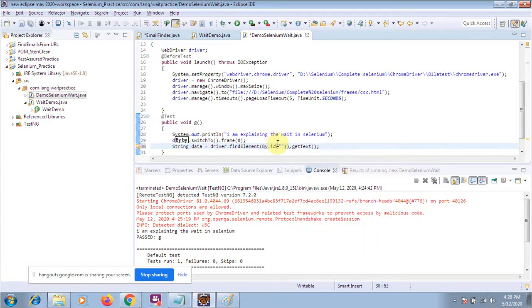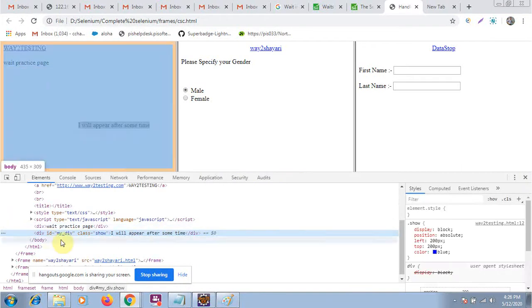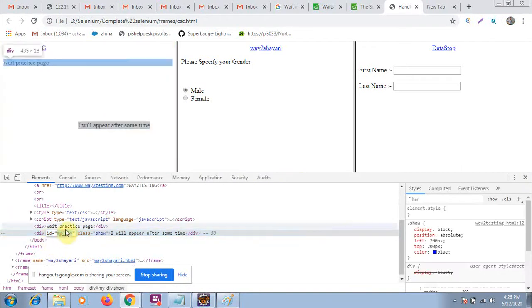I am reading the text which is invisible, and I am printing the data with System.out. Let me inspect the property of this element. The ID is my ID, so I will directly use the ID.